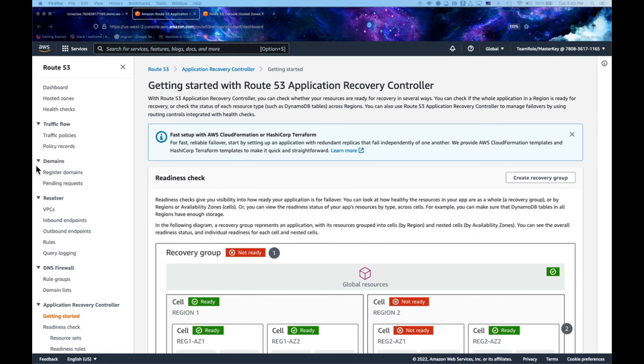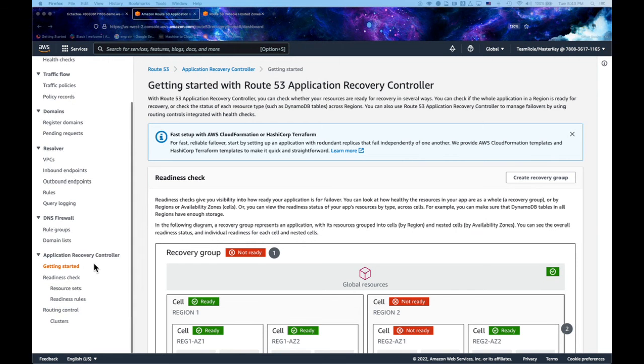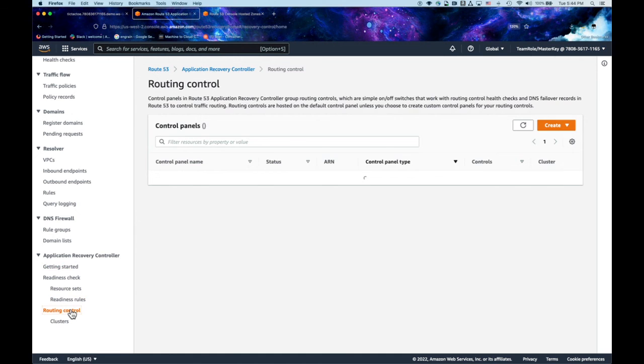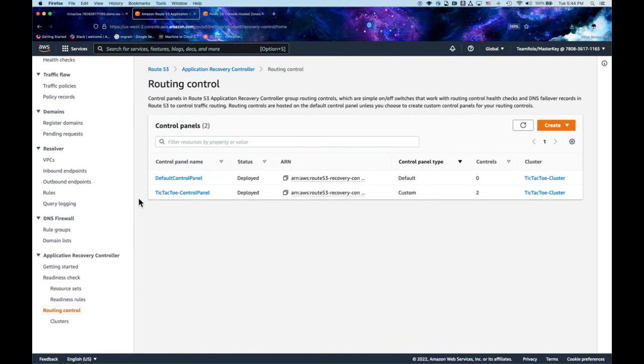What we're going to do here is, I'm already in the application recovery controller management console, and I'm going to validate the routing controls that I've already created beforehand. If I click on the routing control, what you're going to notice is I already have a control panel built.